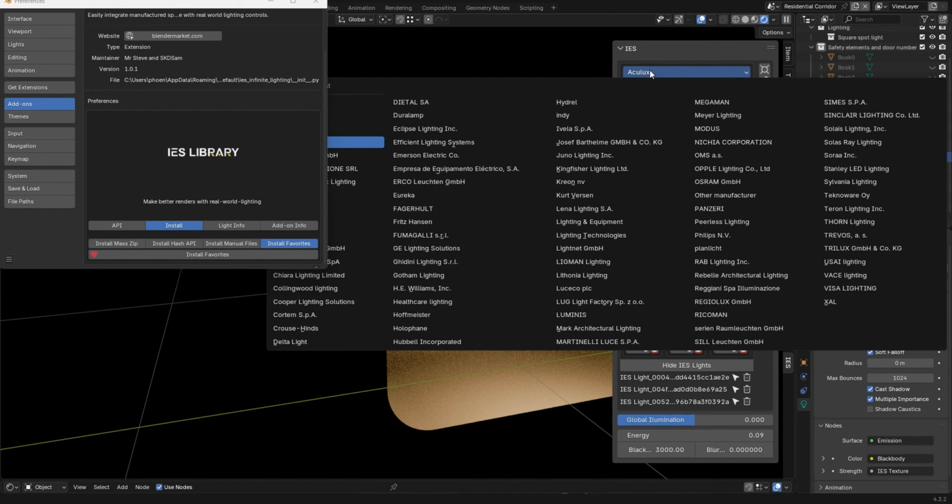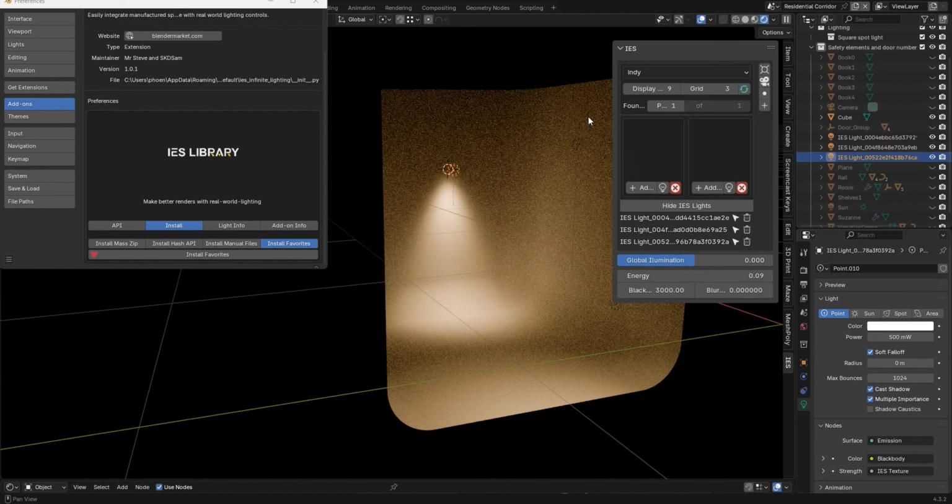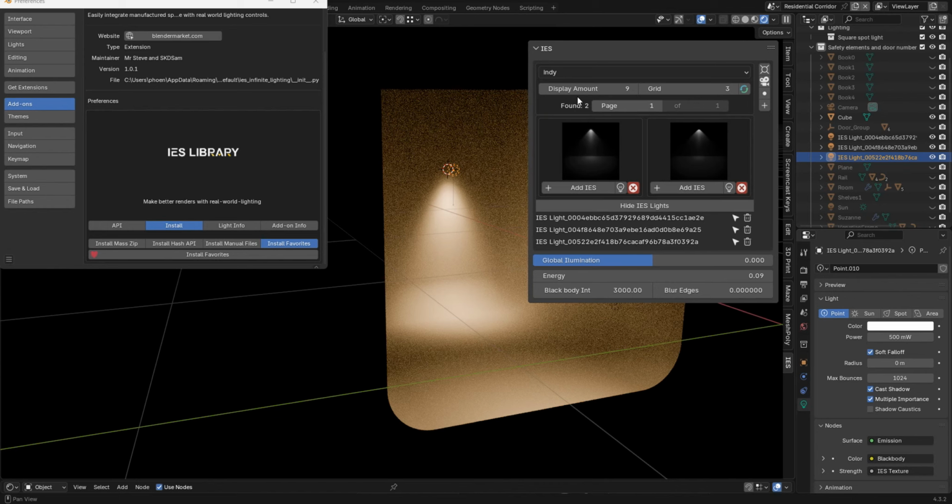And if I go over, let's see, where was I? Indie lights, I believe. Get this to expand out. Looks like I've only got 2 found right now. But if I install favorites